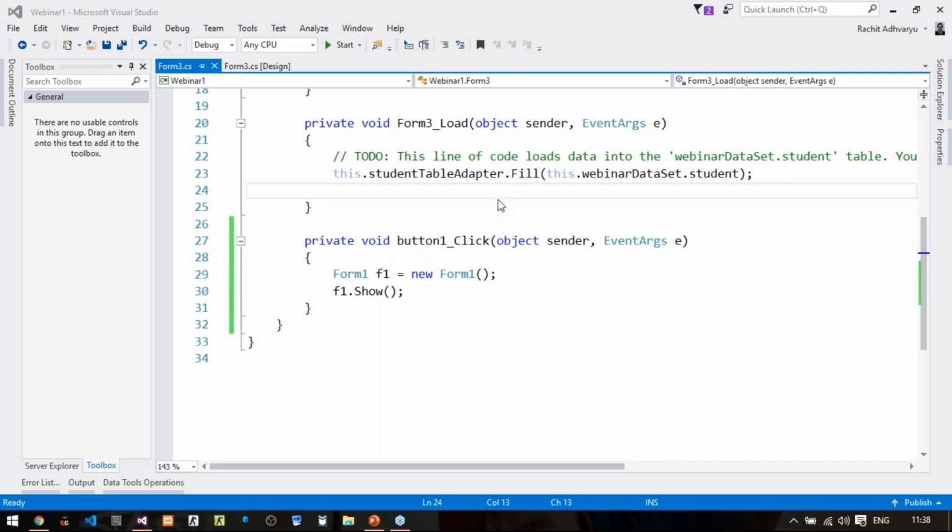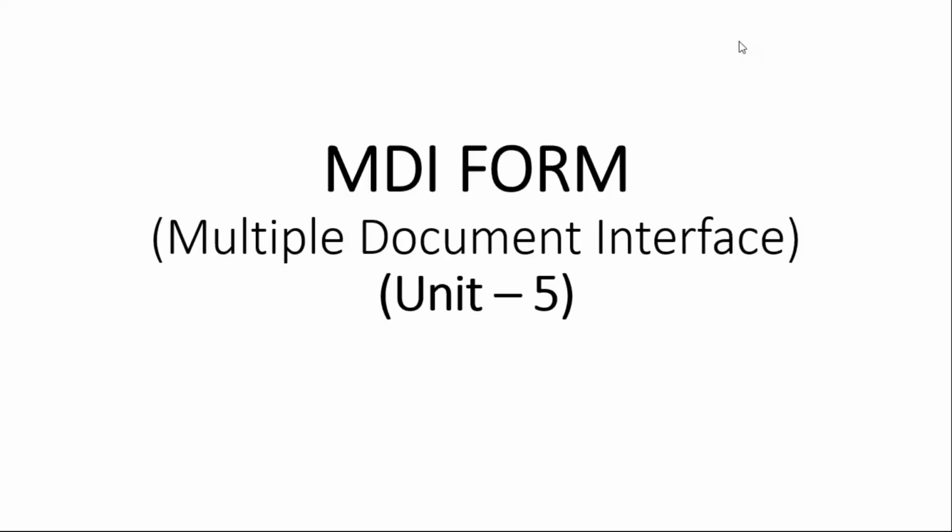Okay. So moving on ahead, the next topic in our list is MDI forms. Now, what is MDI form? It is multiple document interface. Mainly, this MDI form is used to provide inheritance in Windows Form application. Now, what is inheritance?